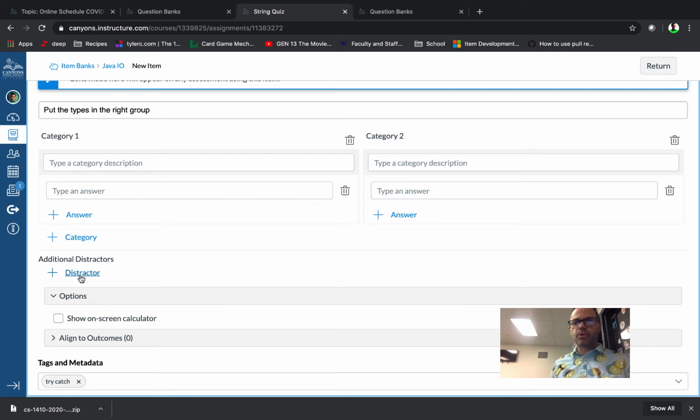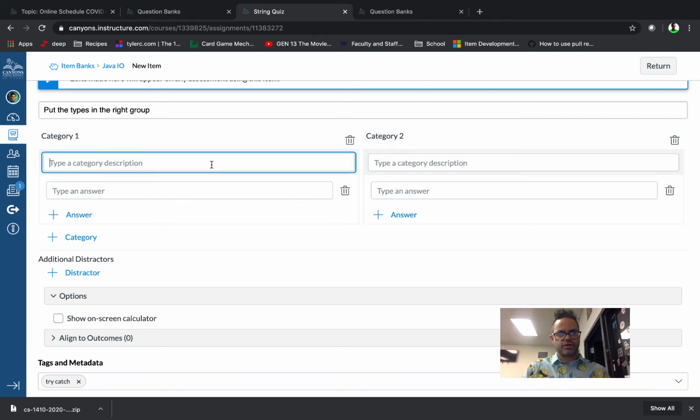Now, it's really important when you're using the category style or the map style that if you have a category answer over here, that the answer does not have the same word as this one and this one. So if they have something that's both, that'd be a great thing to have as a third category because you want to make sure that you can have something in there so it's only one thing, because if you drag the wrong word into the other side, it's not going to count as a wrong answer, and that doesn't help students learn at all. So we'll go ahead and do this, and we'll say